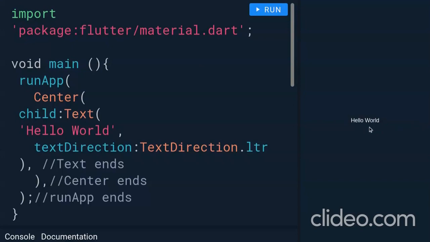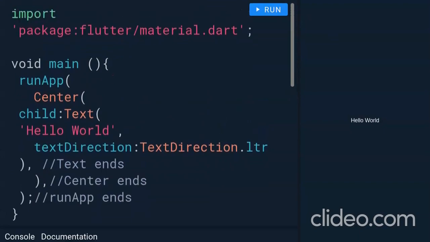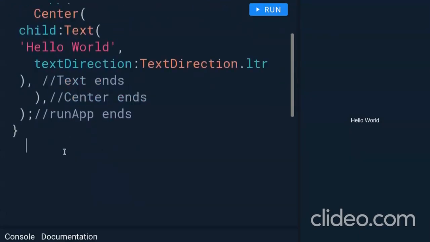Okay. Our next challenge is that we have to improve the user interface by adding an app bar at the top. So to get the app bar at the top, we will use a stateless widget. And in the stateless widget, we will return a material app. This material app will use a scaffold. We'll have a scaffold widget. The scaffold widget has the app bar. Okay. So the idea is to use a stateless widget, then return a material app from there. And inside the material app, I will have the scaffold.